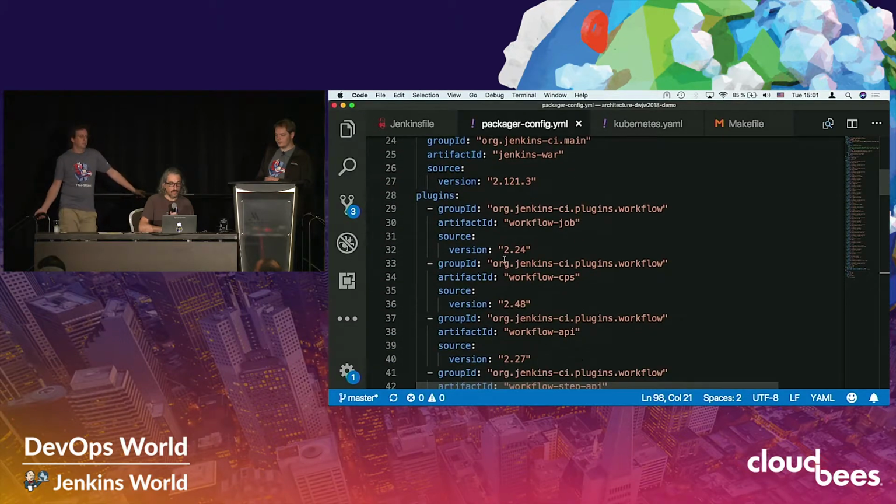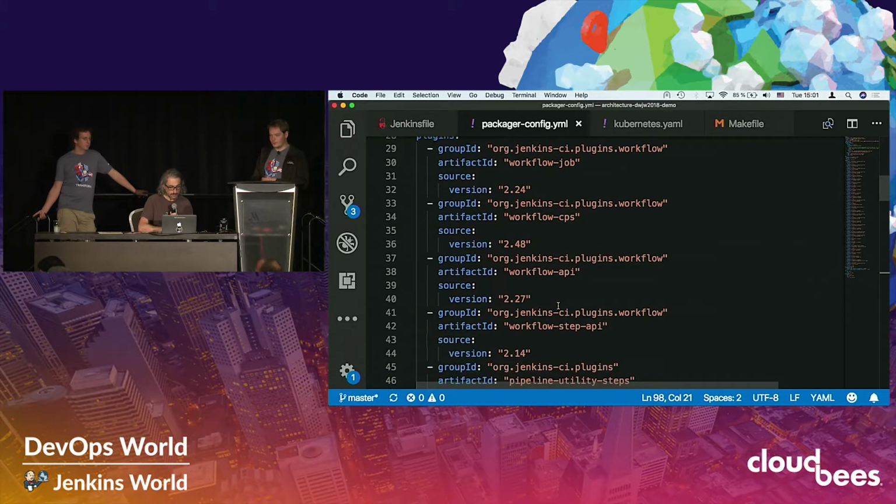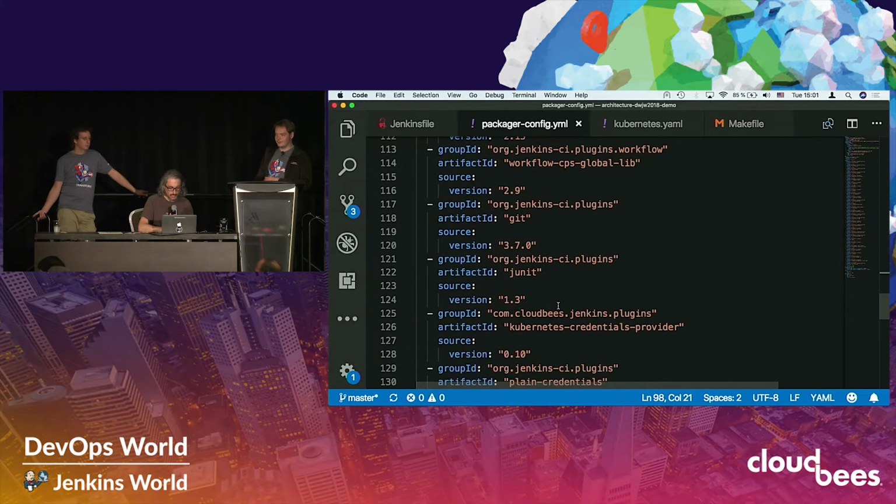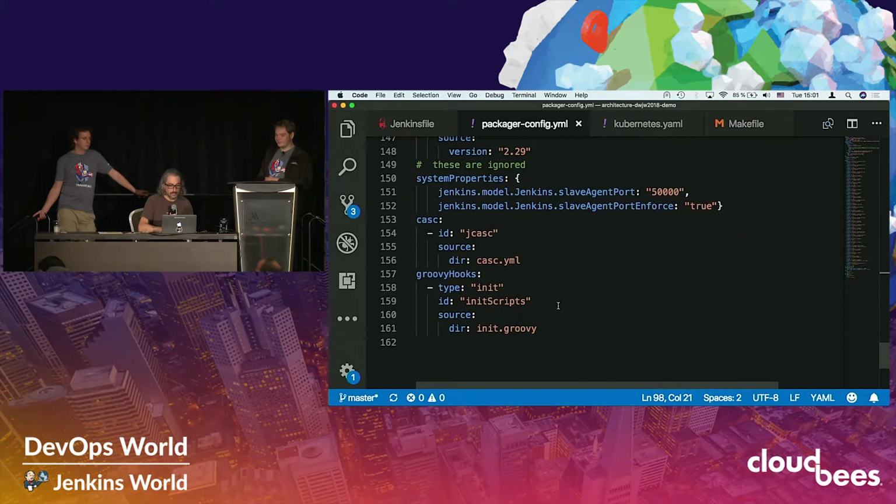And we have a very long list of plugins that we want to include in this image, because we want to bundle Pipeline, the Kubernetes plugin, and the Kubernetes Credentials Provider. So we have a bunch of plugins here, and we can also specify system properties,